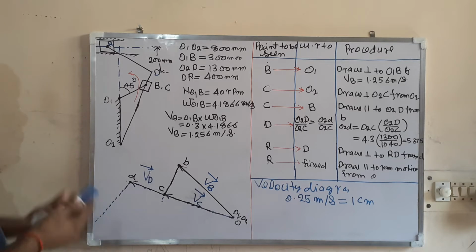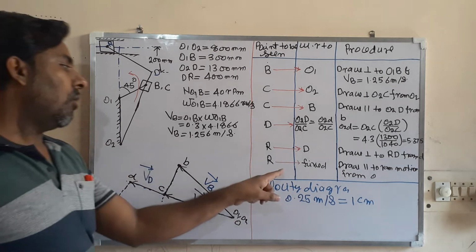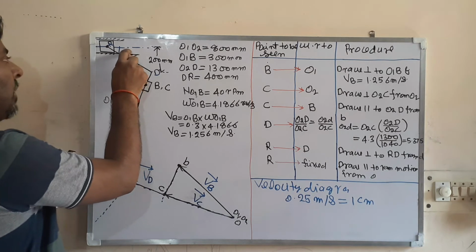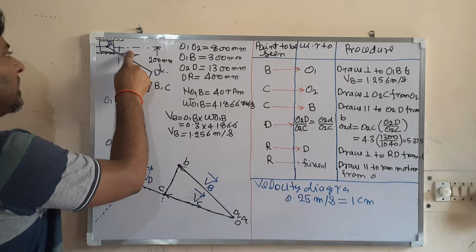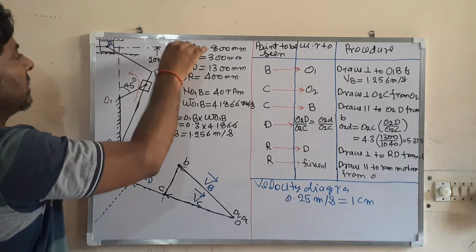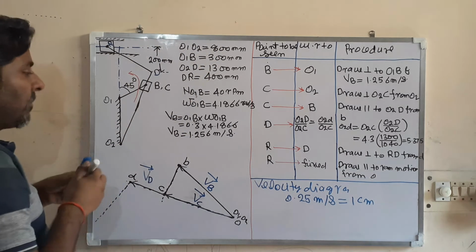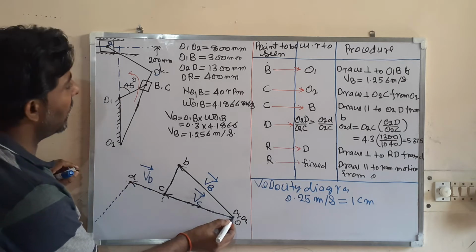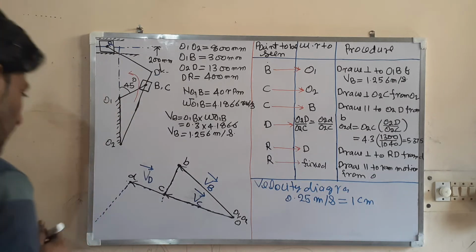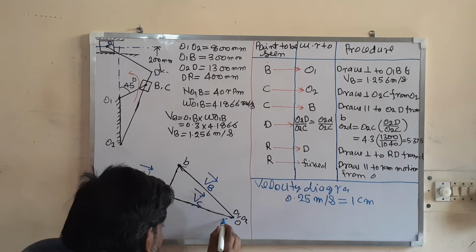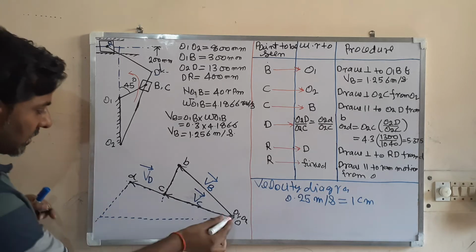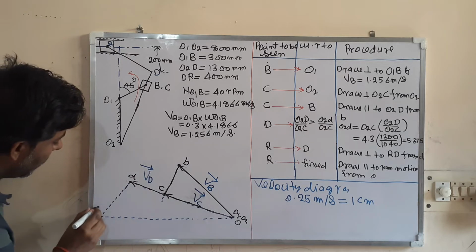So you are not in a position to fix R. So let us see from some other point. Now I am going to see this point R from fix. When you sit at a fix, here this is also your fix, and look from here, then you will see that this ram is reciprocating. This point R is reciprocating along this, which means along the horizontal direction. So when you look from the fix point, it will reciprocate in the horizontal direction. So draw a horizontal line, and where these two lines cut, that point will be small r.